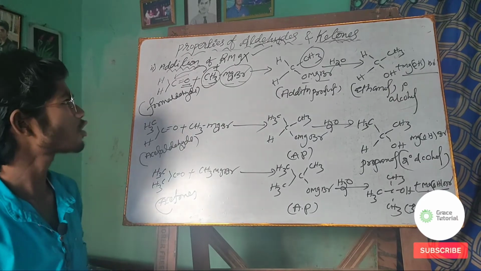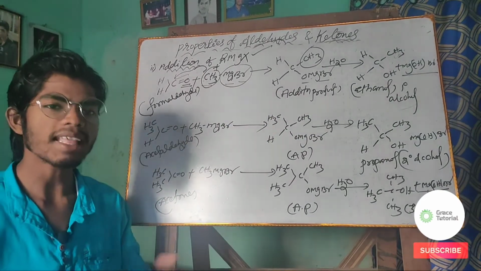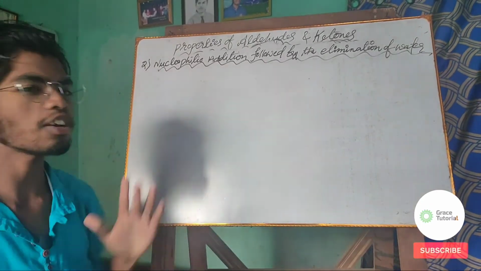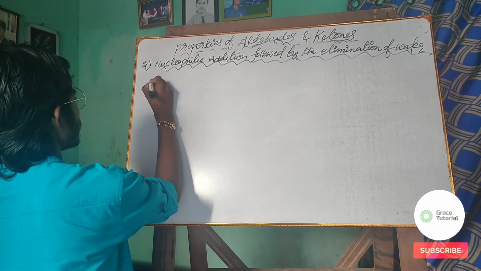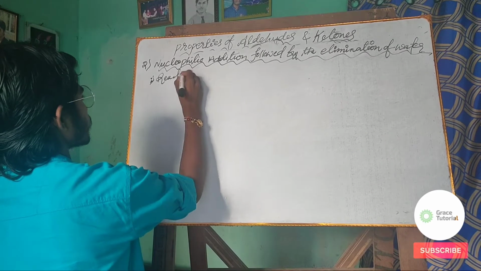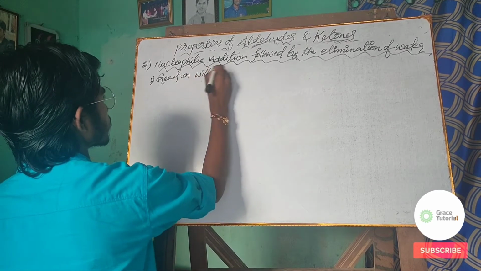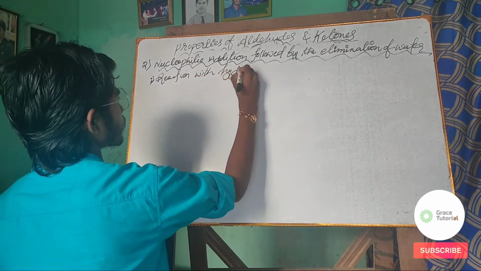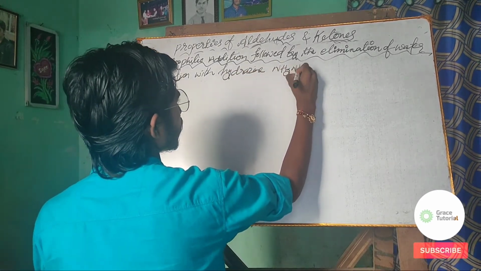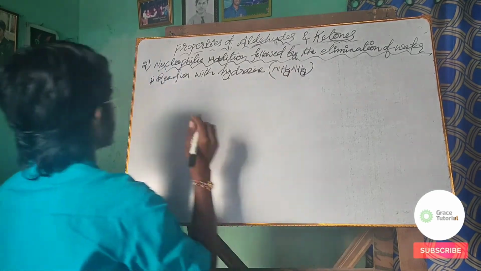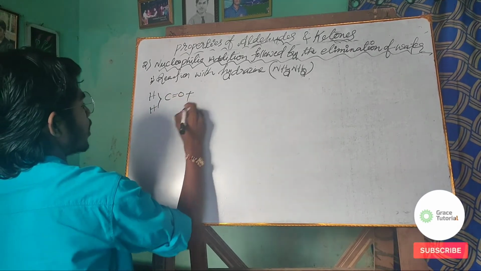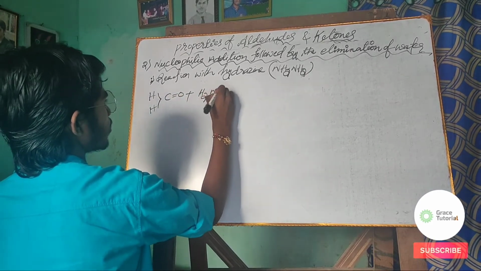Well, now we'll look at the nucleophilic addition followed by the elimination of water. The first one is the reaction with hydrazine. What is the formula for hydrazine? NH2NH2. So the formaldehyde is there. If the formaldehyde is reacted with hydrazine,